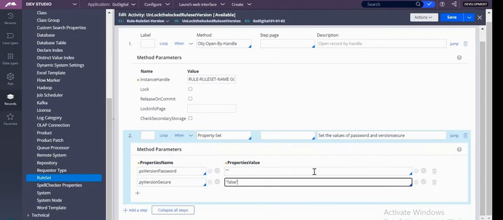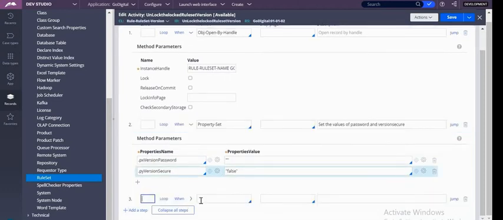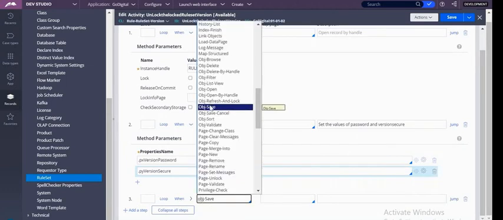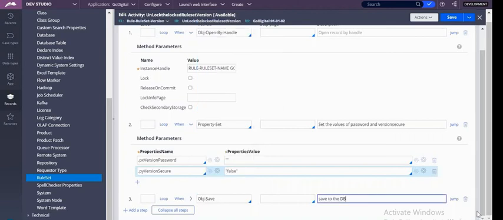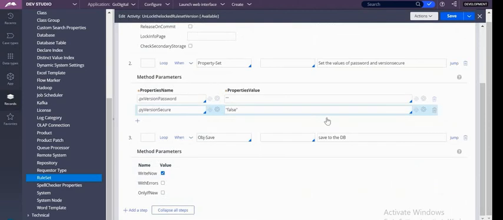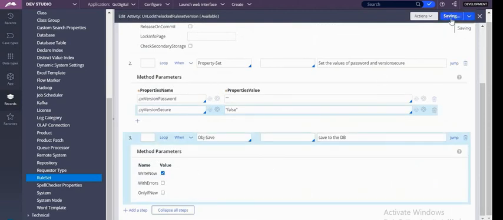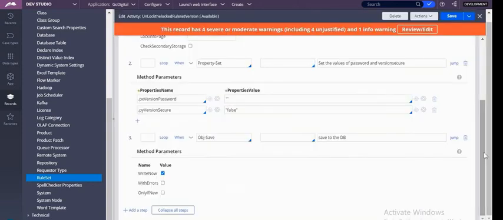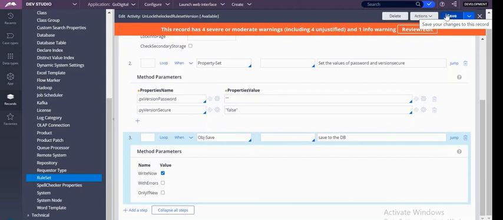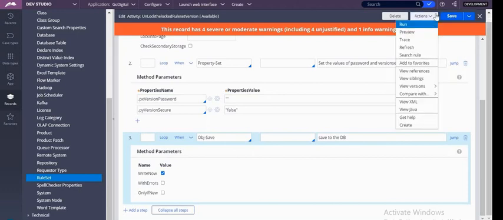Once you have updated the data, what is the next step? You have to commit it. So how do you commit? By Obj-Save. Expand this. For now I'm going for Right Now, save. Right Now is not a best practice. You cannot do this every time because it will hit the performance. So I'm just going for Right Now, save. And now let me run this activity.